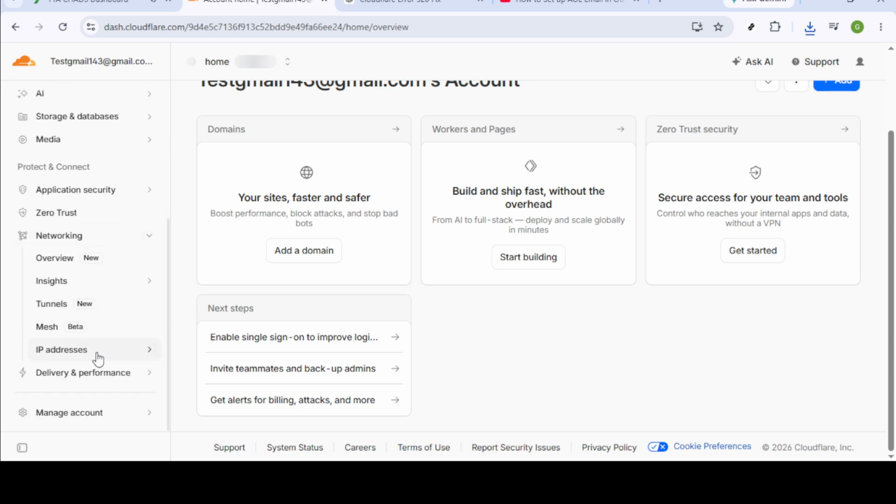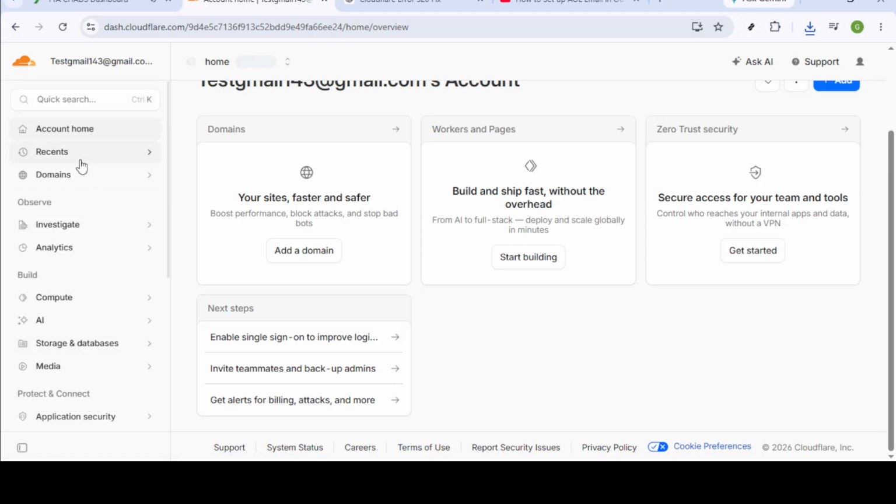To begin, you'll need to log into your Cloudflare account. This involves going to Cloudflare's website and signing in with your credentials. Once you've successfully logged in, you'll be directed to the dashboard. From there, locate and click on the DNS Settings tab. This will take you to a page displaying all your existing DNS records, which are entries used to direct traffic